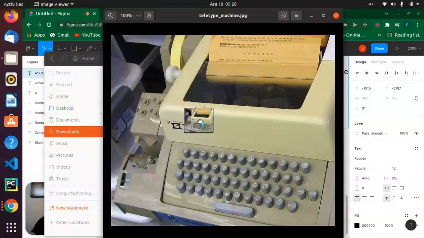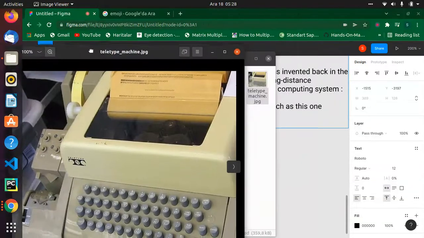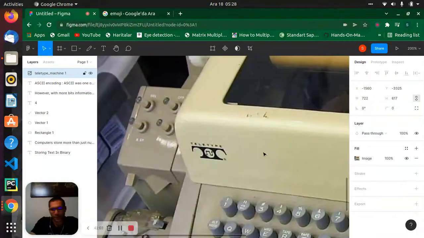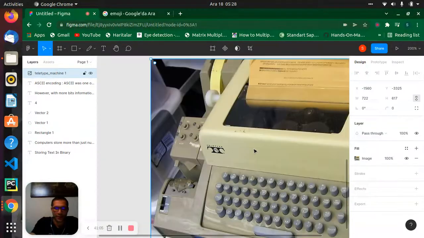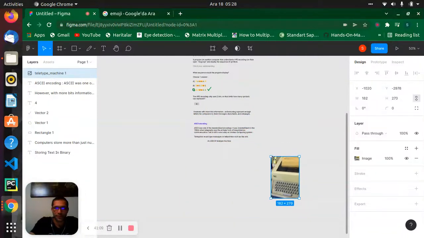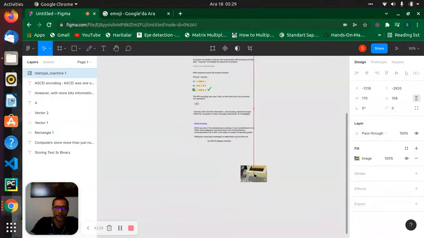Let's put it there. Oh, what happened? Let's make it small. Something like that, maybe. Yes.